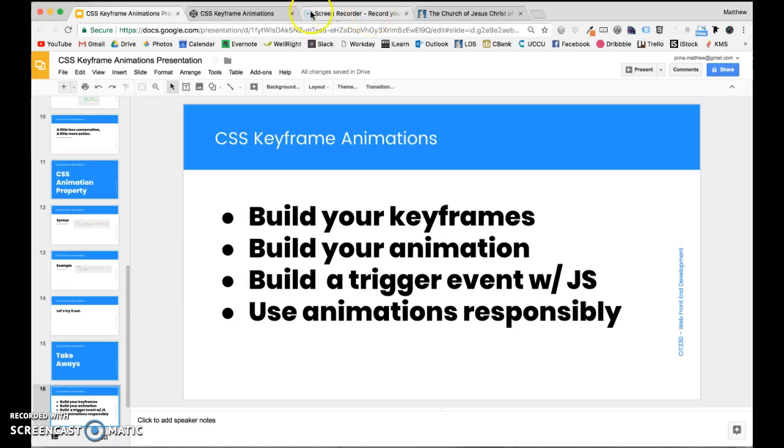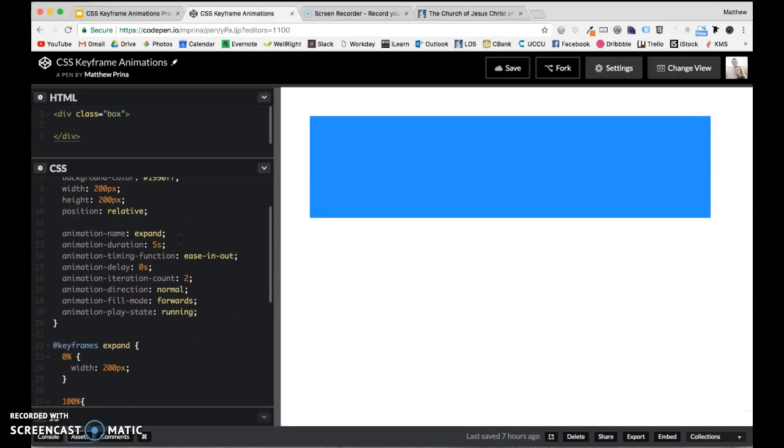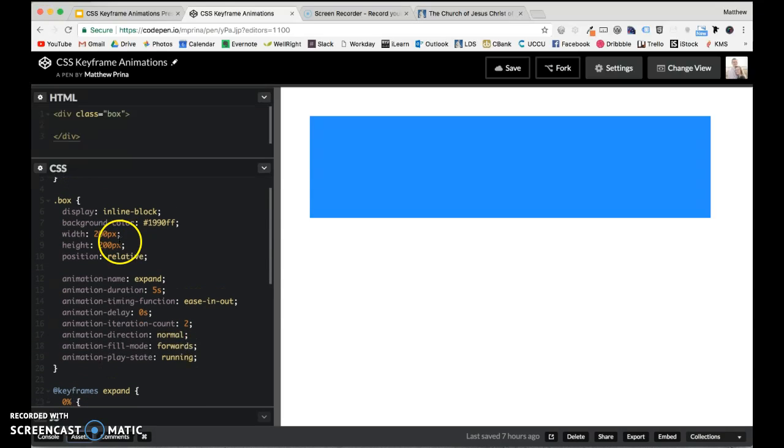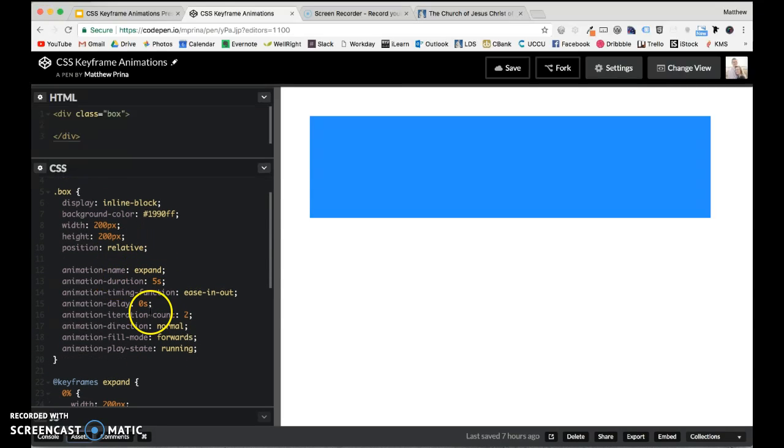So let's take one more glance at the code here just as a final reminder. Build your keyframes, super easy, @keyframes. Put the name of it, and then just a regular bracket, and build these out as you would a normal CSS declaration. You can do from and to, and then put your declarations inside there, or you can do different percentages, which are basically the different keyframes of your animation. If you think back to the flipbook example. And then for your animation, again, once you've got this pattern down, you can change this